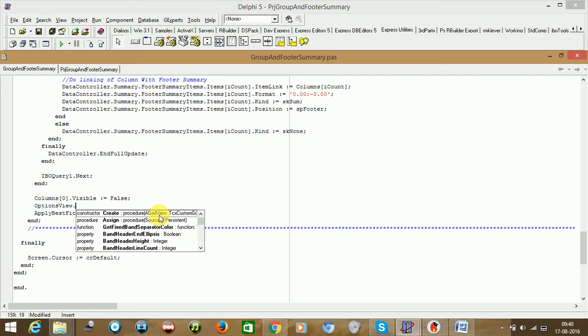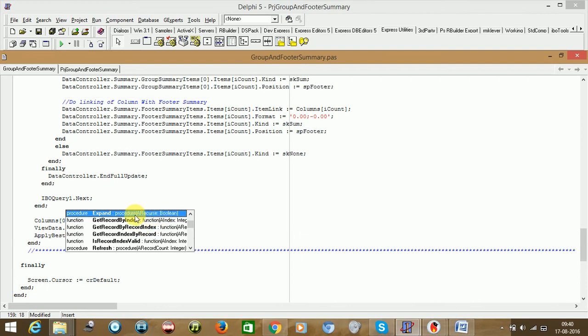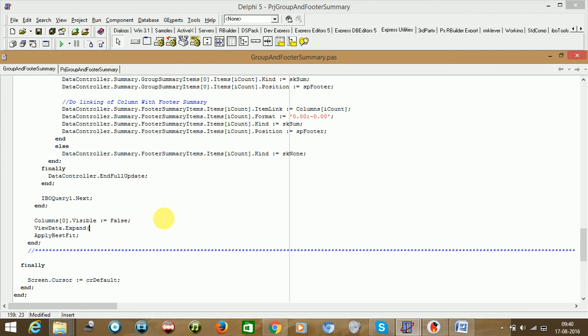So not options view, we need to say view data. This is nothing but grid view dot view data dot expand, and you see here a boolean value is required. So when you say expand, you need to say true. Same as it is now.